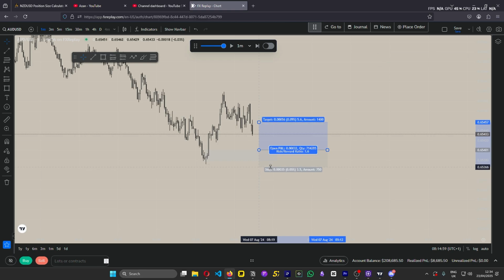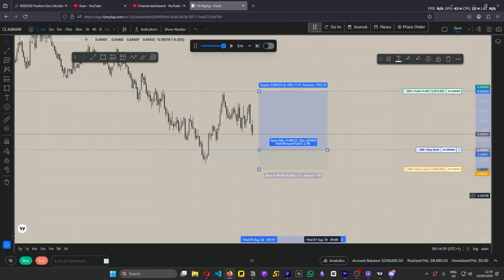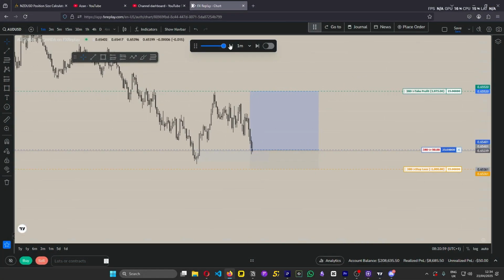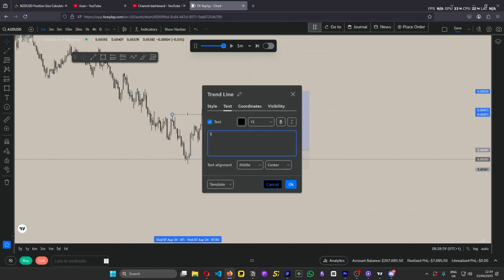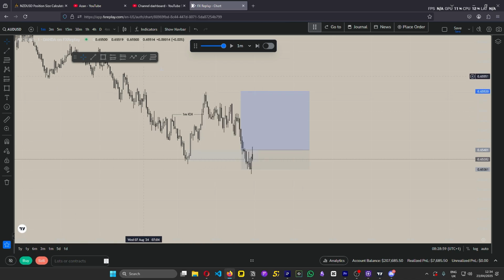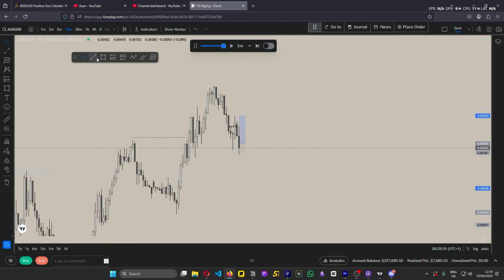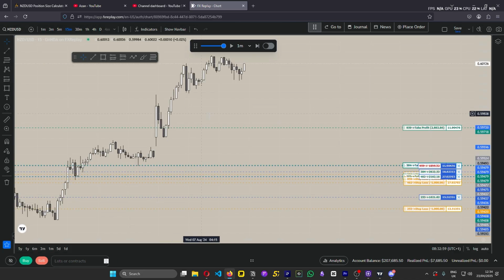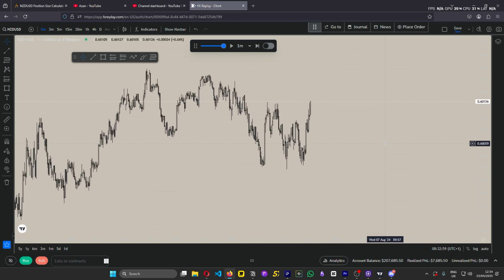Because I'm just trying to find out an area where market is gonna start going back in this direction again. That's all I have to do. So we get mitigation, and we get stopped, brother. Nah, that's not nice. Wait, 1 minute internal change of character. One thing to keep a note of is that we're not in an extreme zone yet, and it's not off like an imbalance or anything. So that could be one of the reasons why I just got destroyed, which is fair enough.